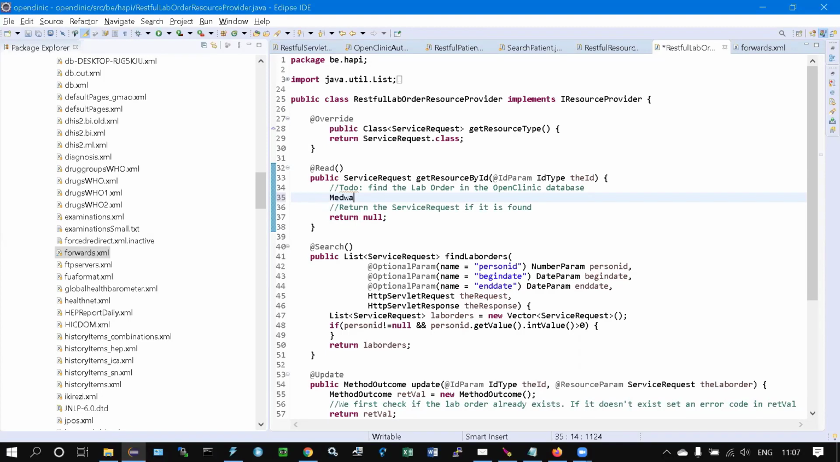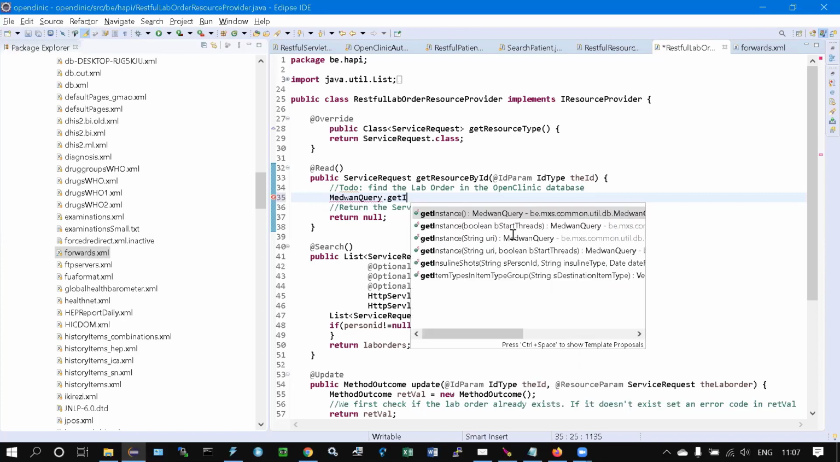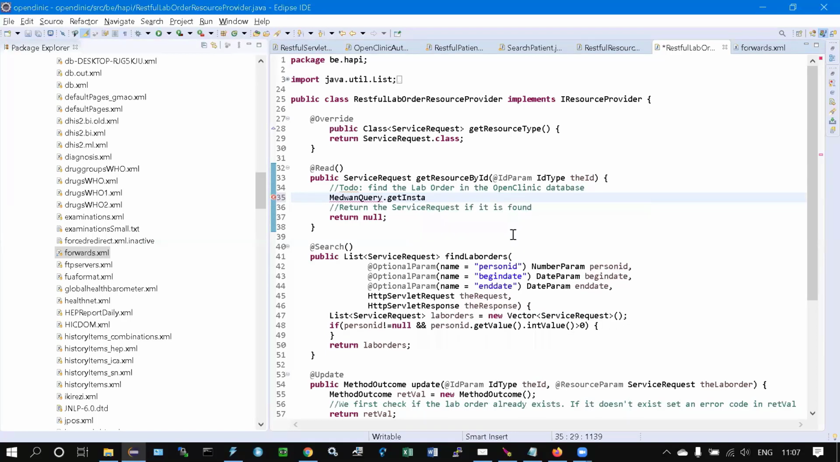med1 query. This is a very generic object, but that lives on the session level. So you only have one med1 query object, not even on the session level, on the application level. So this is a static object that is being used by all sessions on the server. So it's only instantiated once. And then I'm going to get an instance of it. And then I will have to